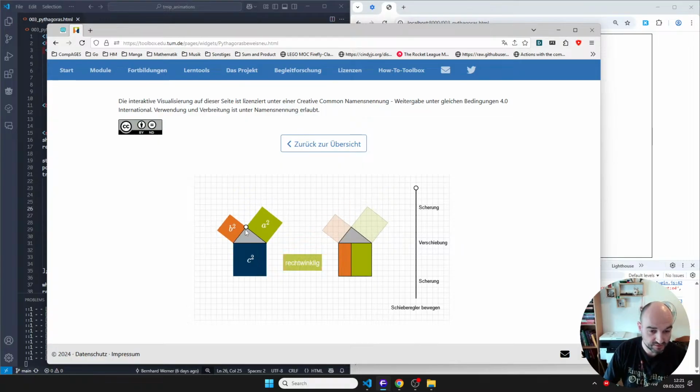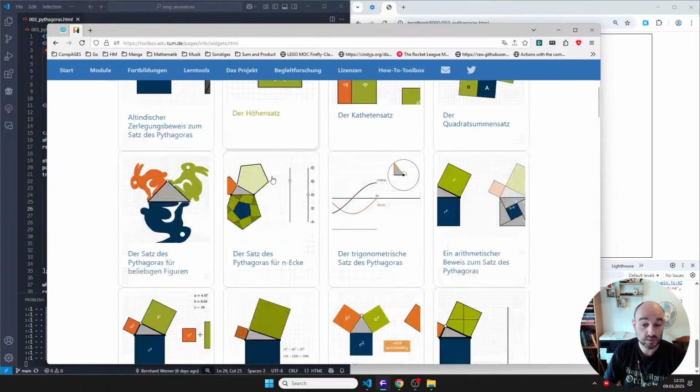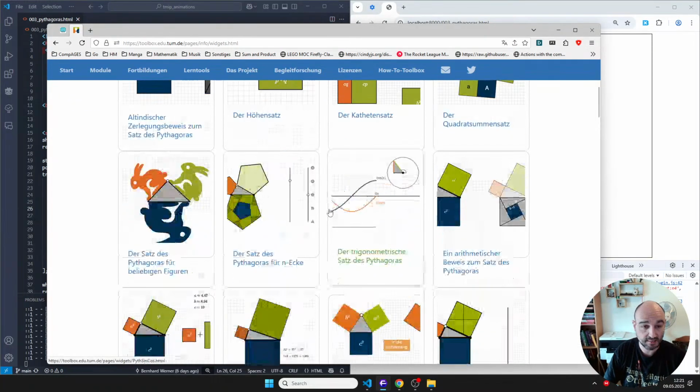And if the point is too far inside, you can see that the areas are too small. This is very nice. You can let students explore this proof very interactively. But we want to do this animation in a minute. And what I would love to do, if we have time,